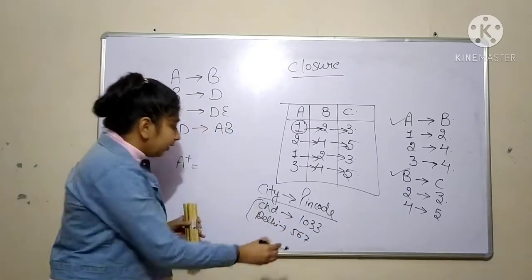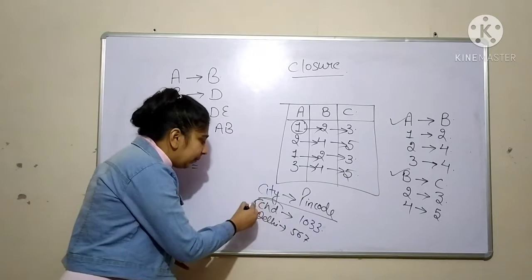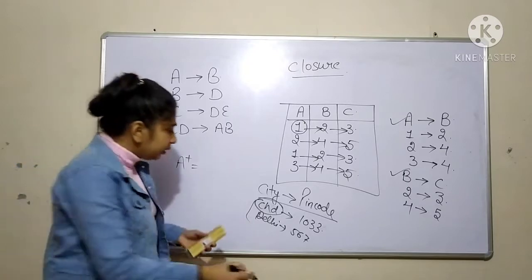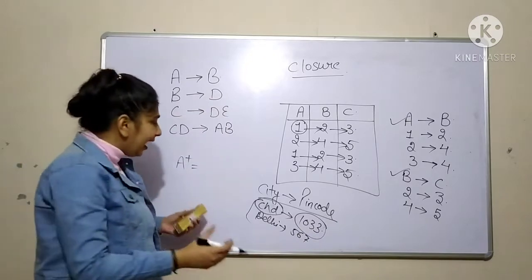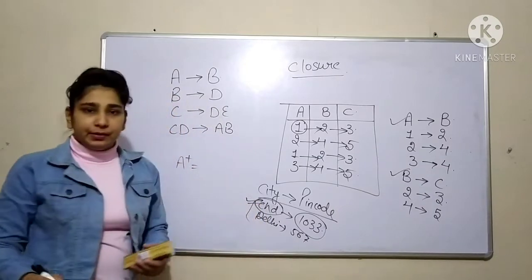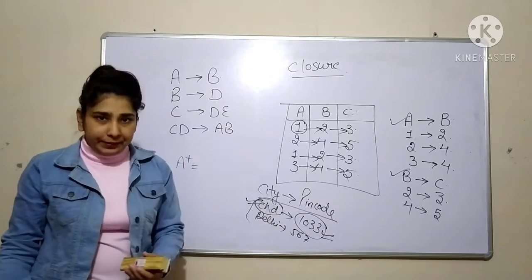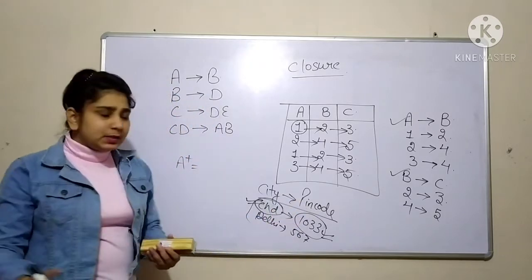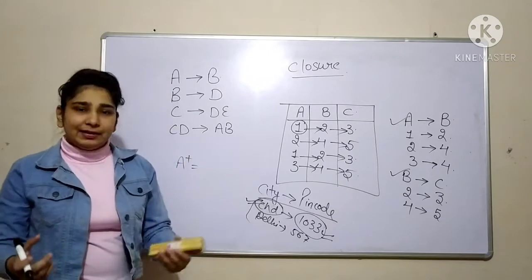Okay, so obviously in any number of rows where you are looking at Chandigarh as the city, every place you will be getting the pin code as 1033. If you have 10 employees working in your company who live in the city Chandigarh, all of the employees would have the same pin code. So city is functionally dependent on pin code. This way, by just looking at the attributes, we can determine the functional dependencies.